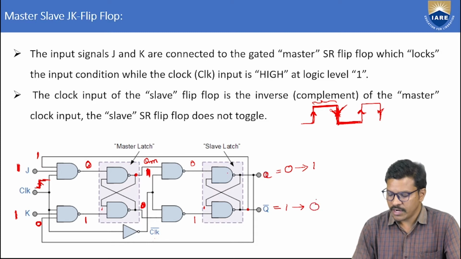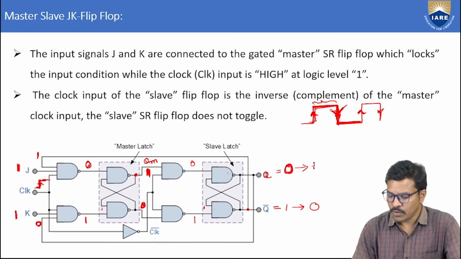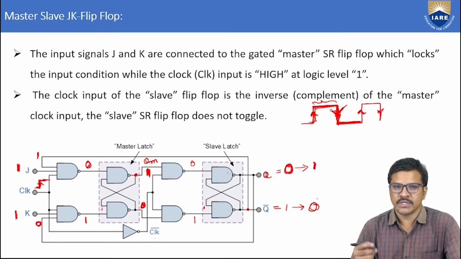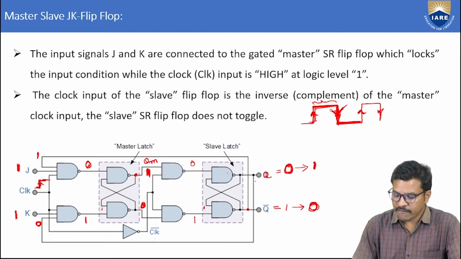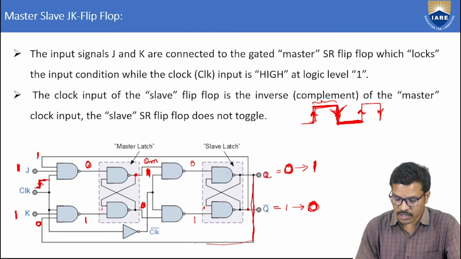What does it mean? Initially we assume that Q is equal to 0. After applying this clock positive edge and then negative edge, we achieve the toggle output, the same output which occurred in the JK flip-flop. The only difference to be noted is the feedback connection. During the negative cycle you get this toggle output, but even though the feedback connection goes back to